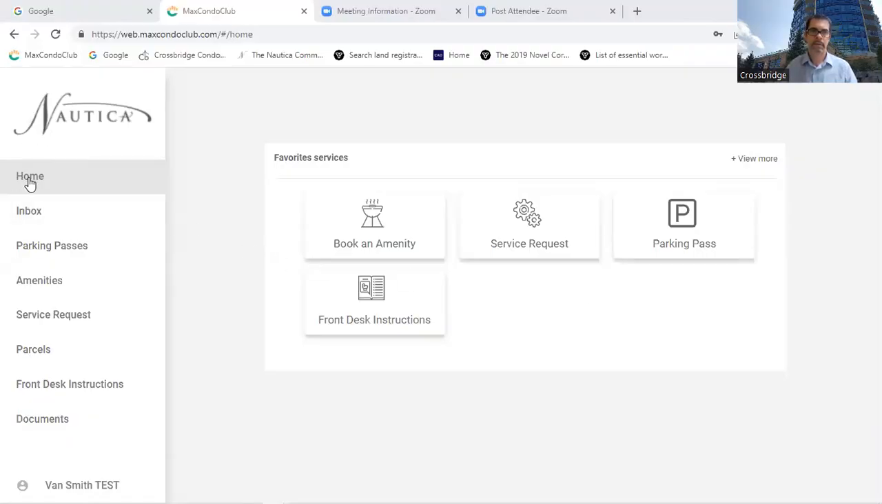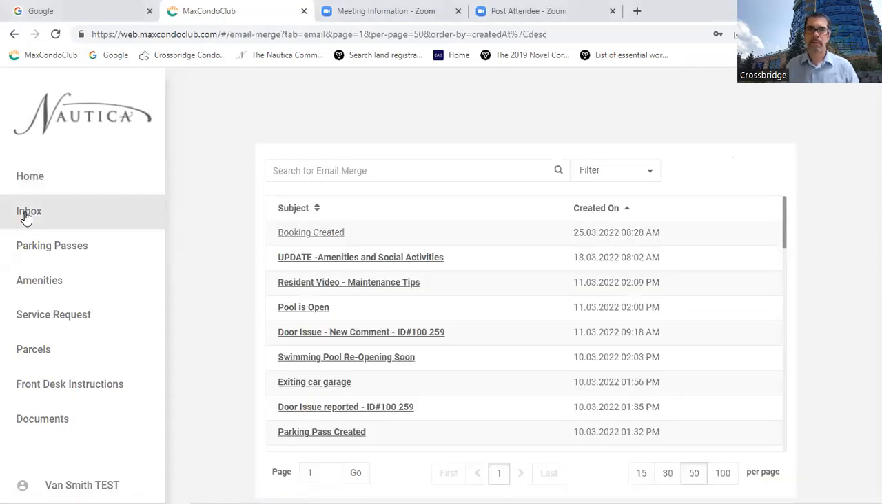So what I'm going to do now is try to log in and walk you through part of the system live, and give you some tips on how to use it. Okay, so the first thing I've clicked on, on the left-hand side, is the inbox, and the inbox is for